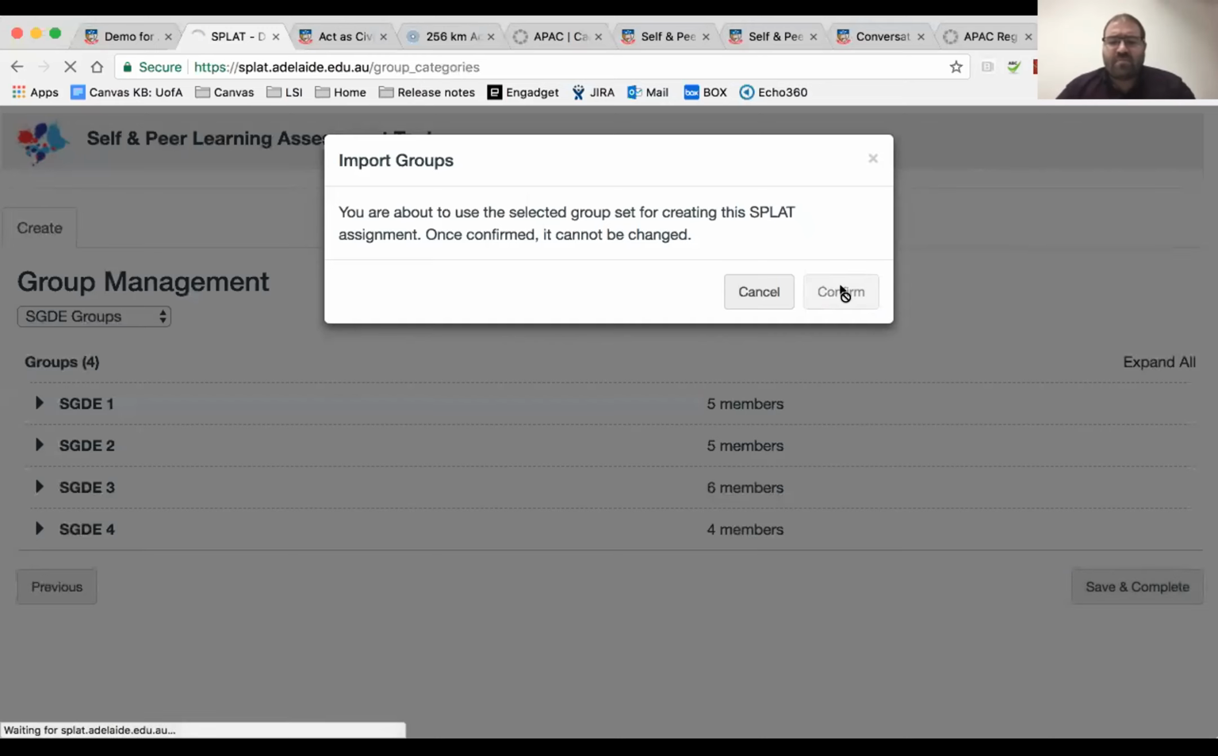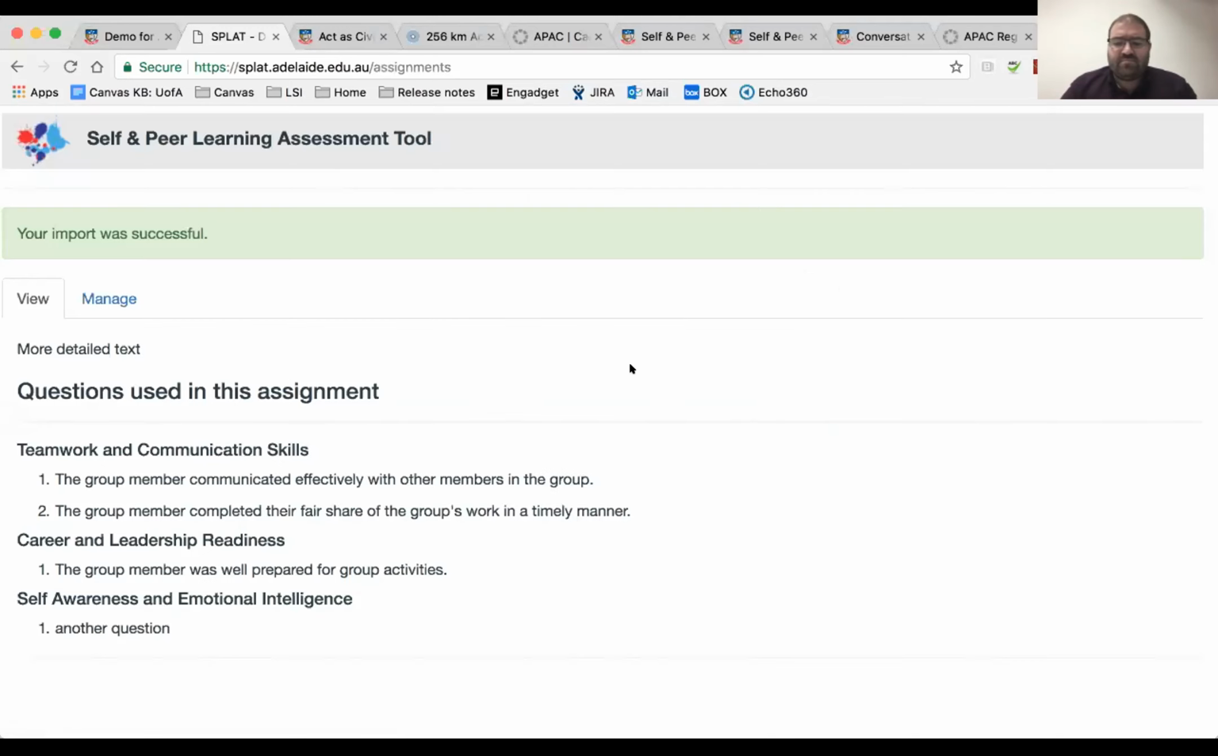So I'm going to go confirm. And so from an academic's point of view of setting this up, that's it. So they've now got this SPLAT thing that students can participate in. So I'll now